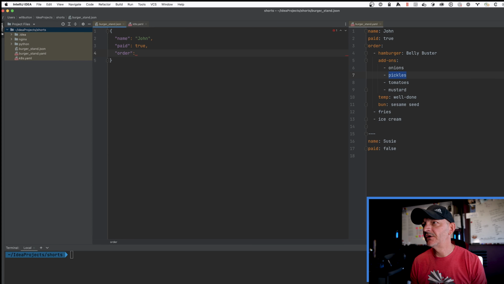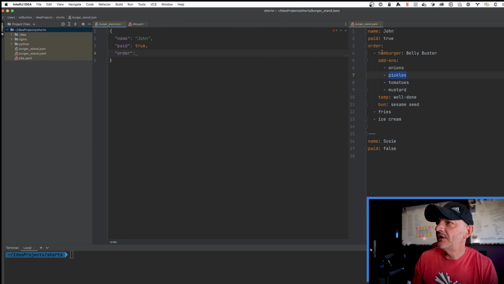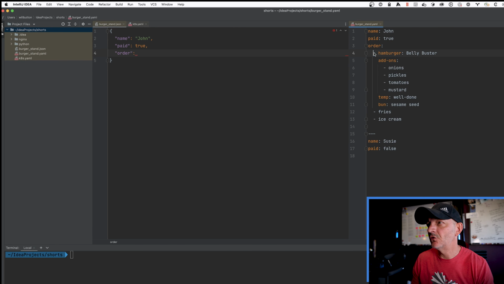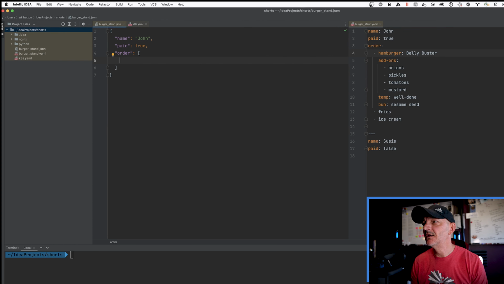So this is where we track our customer's order. And now check this out. In our YAML document, we had the little dash here to tell us that that was a list or an array. Well, the correct syntax in JSON notation is to do a set of square brackets. And now we've got a list of items in there. So let me show you how we originally did this in the YAML video. So at first we just had a hamburger,